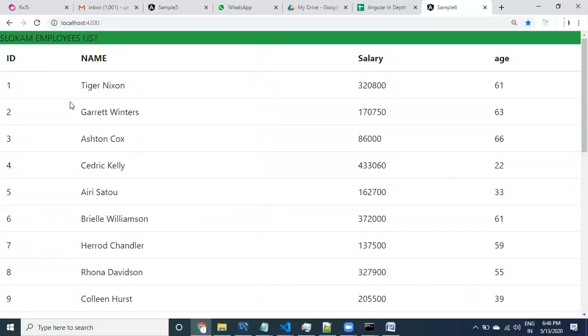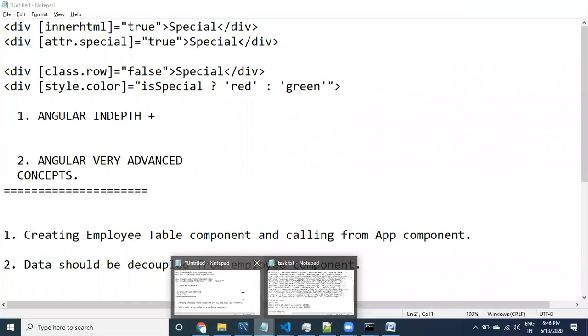So normally, what we can think of is we have to create four different components. We have multiple approaches.